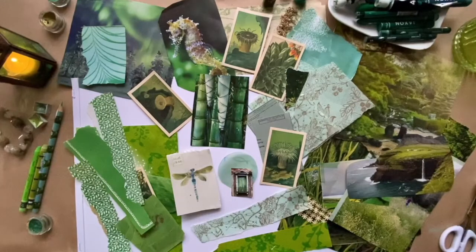So this next part is where I want to put things together. As you can see here, I have already collected a lot of green images and papers, anything green that I could find. I was going through all my stacks of collage material, of craft paper, of magazine images, although I tried to stay more in abstract patterns and just really focus on the colors more than on any kind of symbolism in magazine images. That's what I usually do, but I really felt with this emotional need of feeling secure and safe and